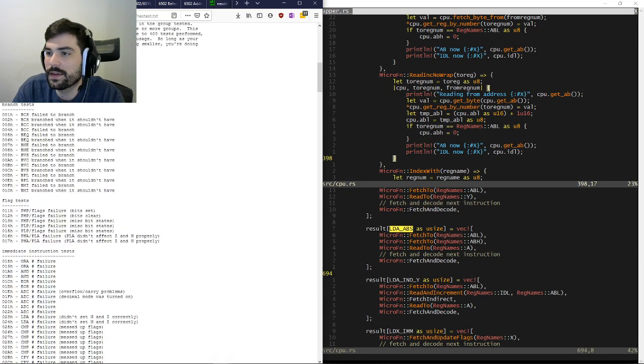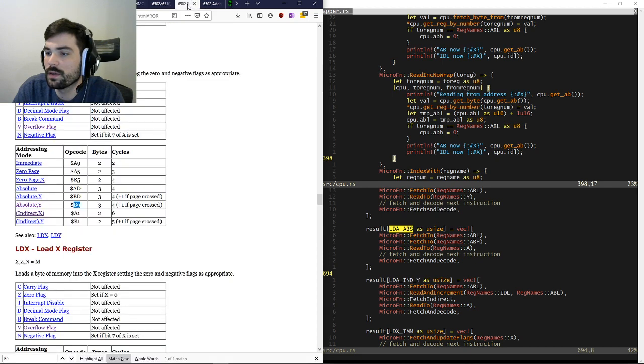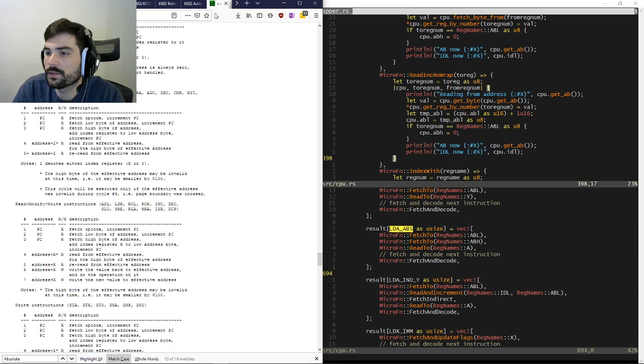Okay, how many bytes is this supposed to be? 3 bytes. So if we look at this, okay, so the increment PC is just the